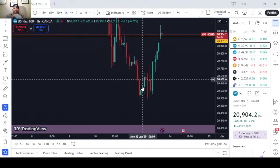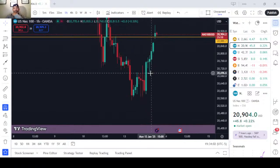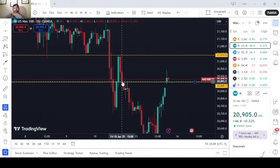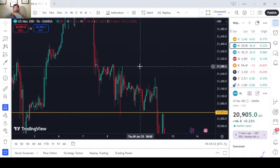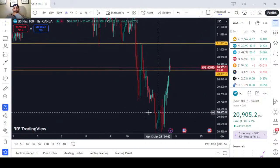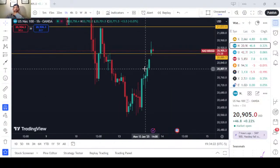Once we had this consolidation move here, I took some sells here. We got burned this afternoon on one of them. We caught a nice drop on Friday last week when we broke below this level here. We caught an entry on this drop down here. So we've made some decent profits on the NASDAQ, but we got burned today on this pull back up after